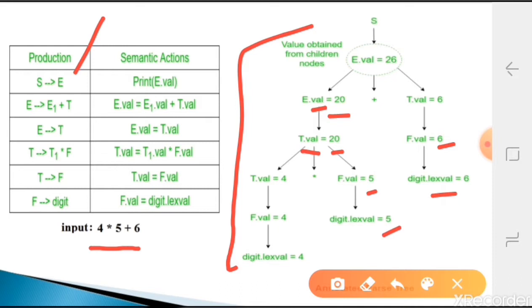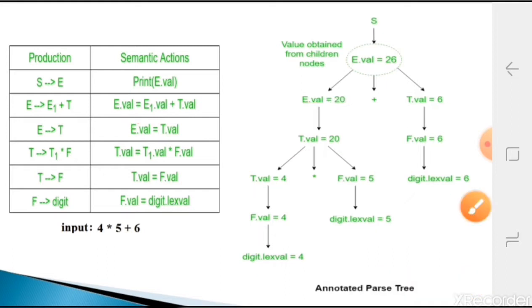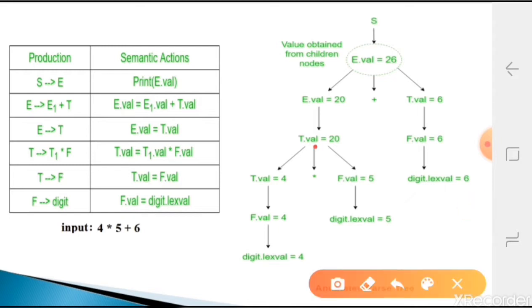So we write this parse tree first, and list the corresponding attributes beside it. Everywhere we are writing one attribute, and then we calculate them. Here we calculate 20, and here we get a value of 26. How we got this we will study later, as one more thing to study.